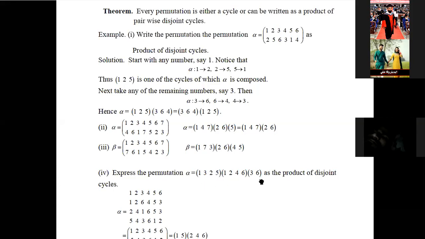It means you directly write here. Just like 1 goes to 1, and 1 goes to 2, and 2 goes to 5. Okay. Again here the image is 2, and 2 goes to 4, and 4 goes to 4. This is simple multiplication, just like you write this is alpha, beta, and gamma. Then the composite function gamma of beta of alpha of x. Then starting, we finally get 5, 4, 3, 6, 1. This is a permutation.